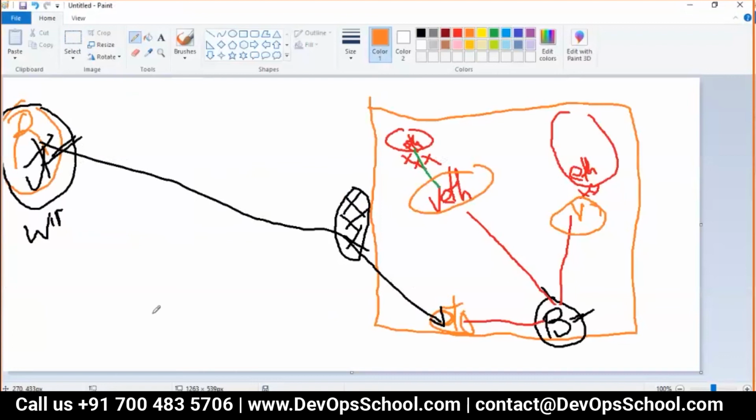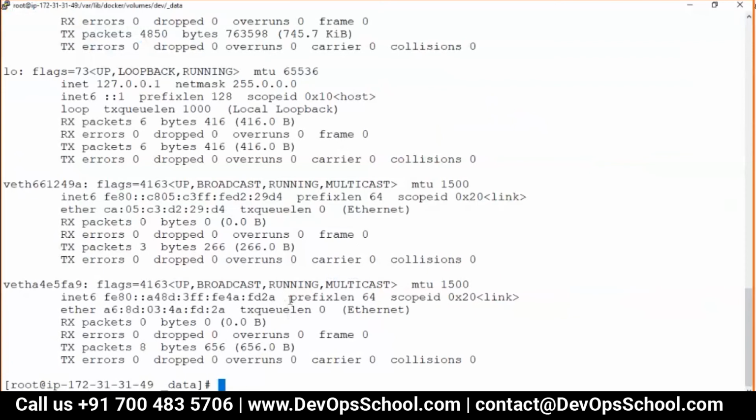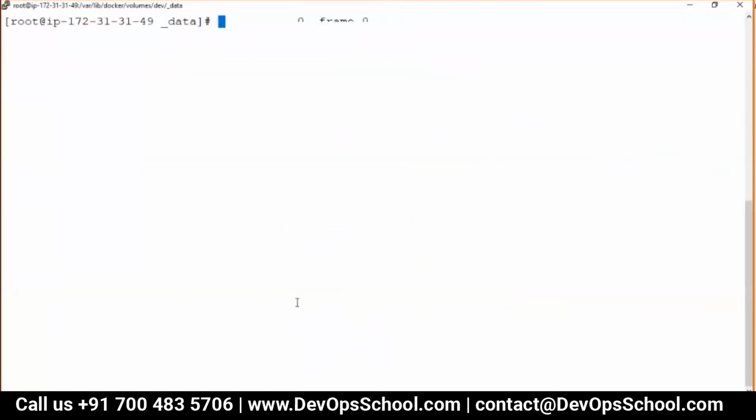So Rajesh, now you have created two VS, and how do we map which VS is for which container? Inspect, guys. You can do inspect container, and you will come to know which VS it got connected with. Okay? So Rajesh, if you can run the docker network ls, what will come right now?